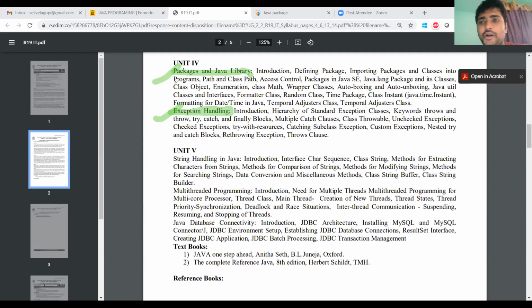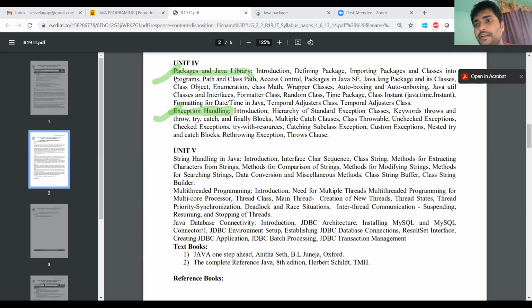We'll see the most important, most widely used packages in this chapter. Packages are of two types: user defined packages and predefined packages. Every concept has these two things.